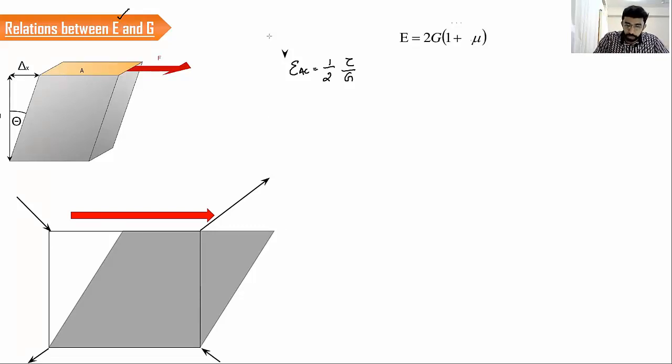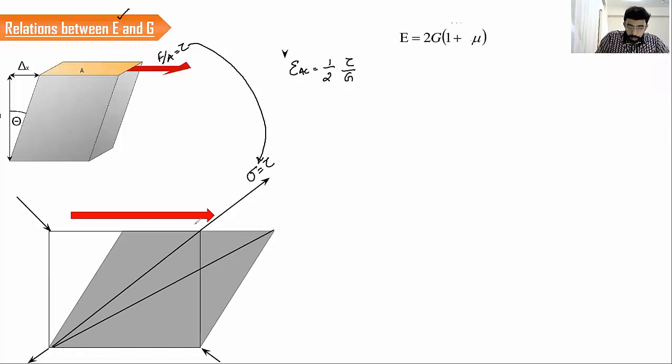Now we have rewritten the sigma in terms of tau. That means if you apply the same shear stress, F by A is equal to tau, as a normal stress like this, we can have the same deformation, right? Now, if you take the strain happening in the diagonal AC, this is C and this is C'. How can we write the strain in the diagonal AC? We have sigma by E plus mu into sigma by E.